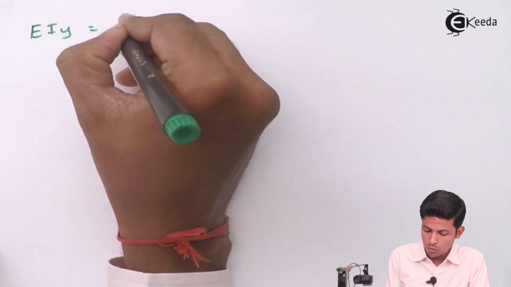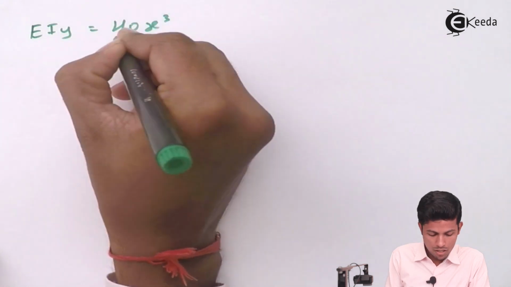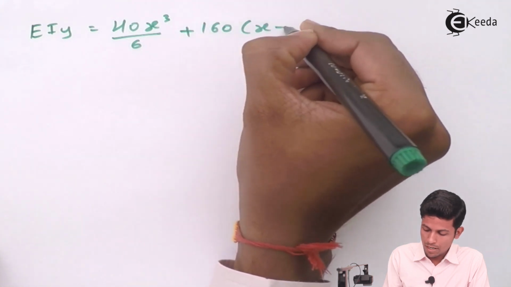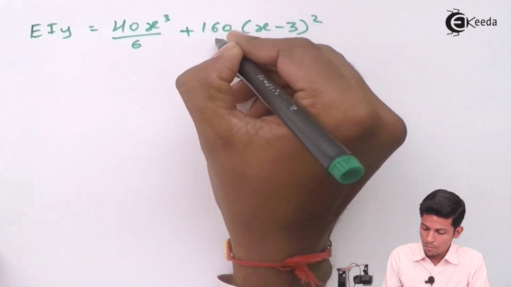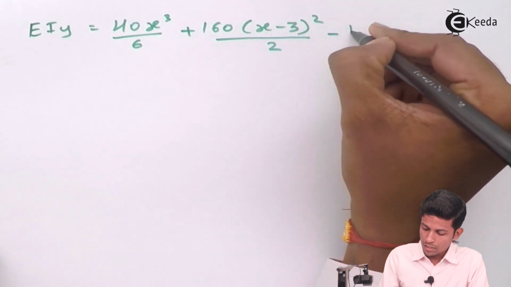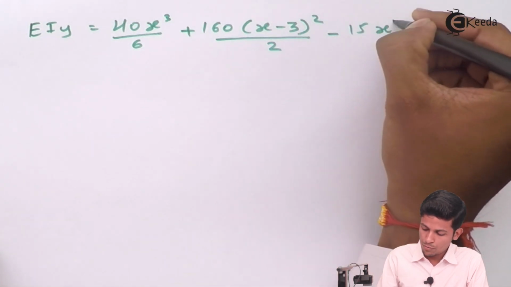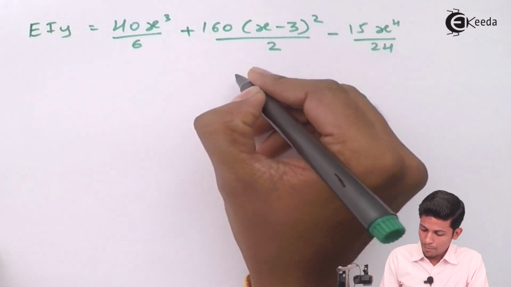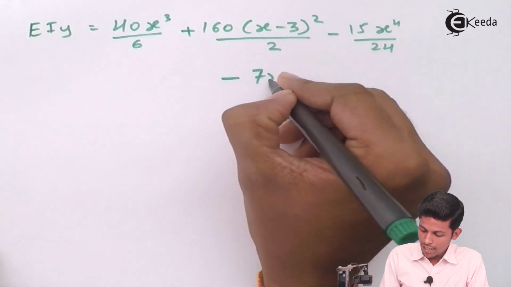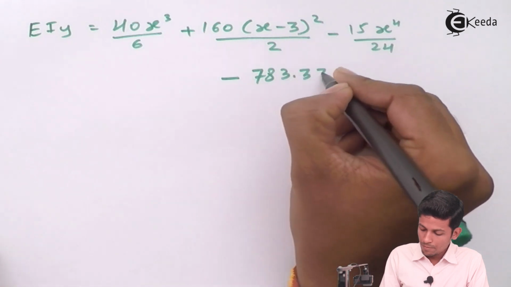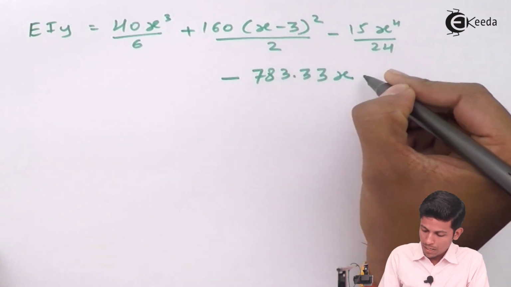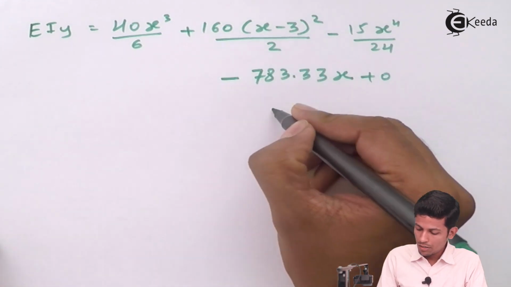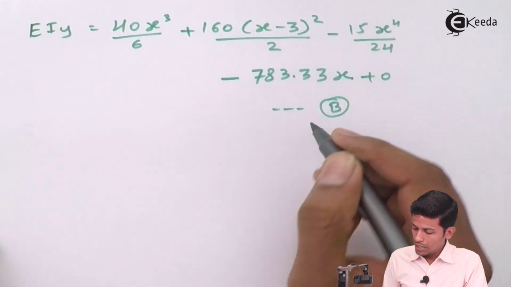EIY is equal to 40x raised to 3 upon 6 plus 160 into x minus 3 raised to 2 upon 2 minus 15x raised to 4 upon 24. After that, minus 783.33 into x plus 0. Okay, this is nothing but your B equation. Your B is nothing but